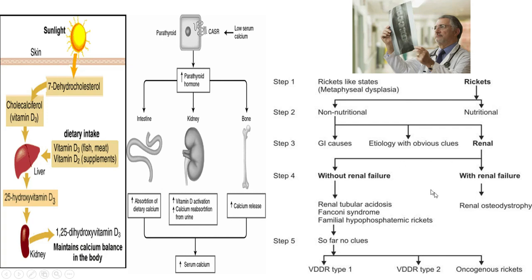If there is no renal problem, then we have to think about renal tubular acidosis, Fanconi syndrome or familial hypophosphatemic rickets. But if there is no clue, then the problem lies in the last part, which is end organ resistance, meaning vitamin D resistant rickets,